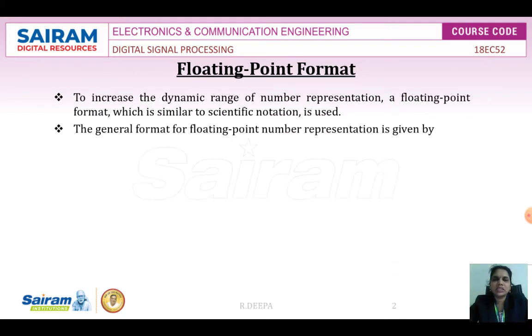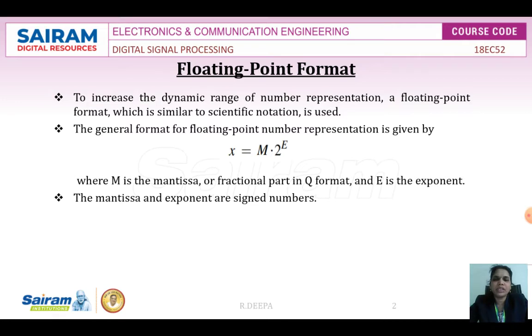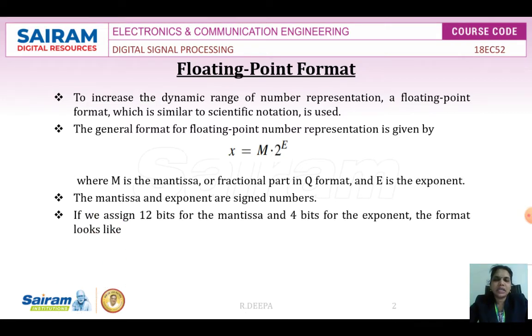This is represented in the form of x is equal to m into 2 power of e, where m is the mantissa and e represents the exponent part. Both the mantissa and the exponent are signed numbers. If we assign 12 bits for the mantissa and 4 bits for the exponent, the format will take the form as,